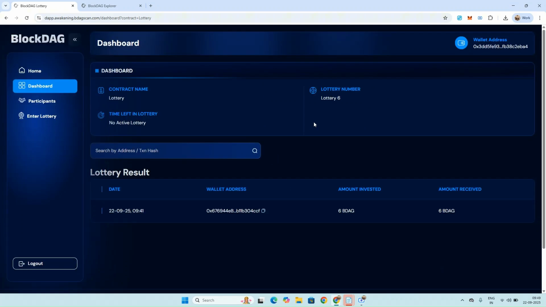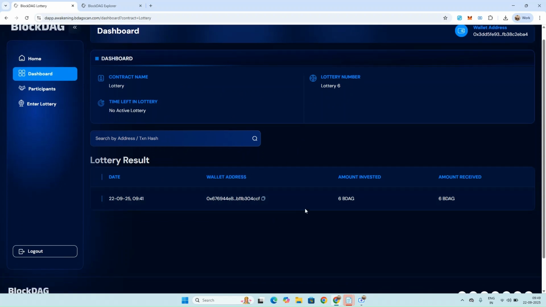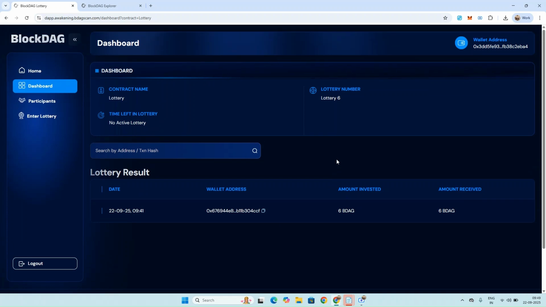button. Once you click on it, you will be redirected to the lottery dashboard, where you can see the contract name, the lottery number, the time left in the lottery, and the results of it.